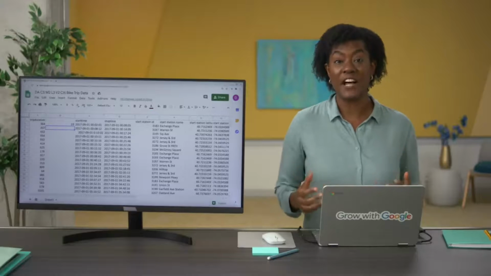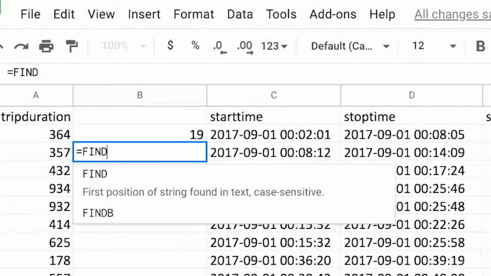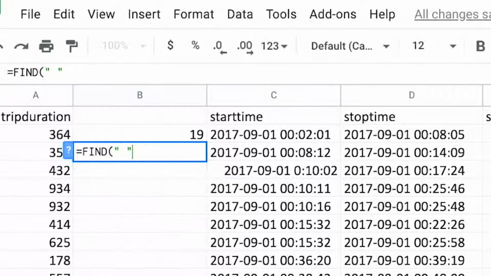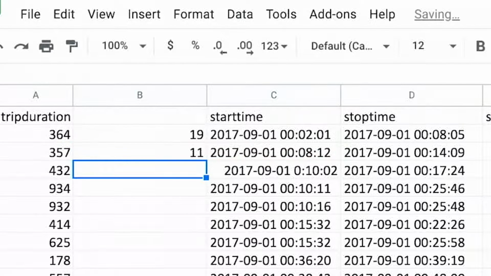We can use the FIND function to locate specific characters in a string. Keep in mind, this is case sensitive, so if you're using FIND to pull a substring, make sure that you've input the substring correctly. We notice that all of the date time strings have a space separating the date and the timestamp, so we can actually use FIND to figure out where the date ends. Okay, seems like the space is the 11th character in this string, so the timestamp substring will start at character